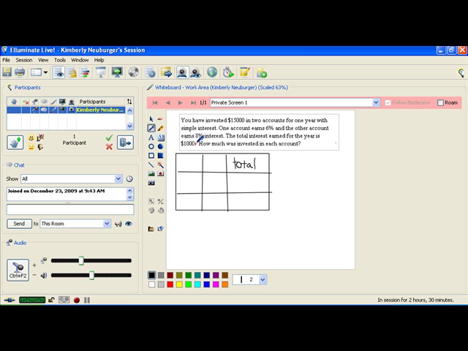Sometimes the second total you can get by doing a multiplication of a percentage times your first total. But in this case, notice that we were given two totals and we were given two percentages. That's a key that this table may work to help you organize your information. In the table, the third column is always the total column. And so we have two totals. We have $15,000 that is invested. So I'm going to fill in this box with that $15,000. And then the other total is the interest earned for the year, which was $1,000, which I'm going to put